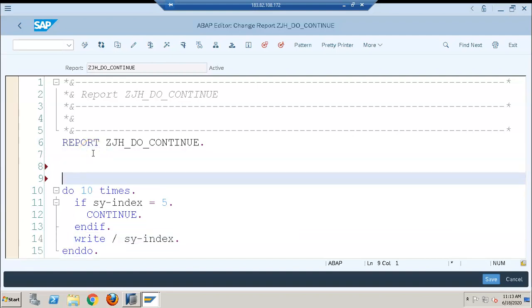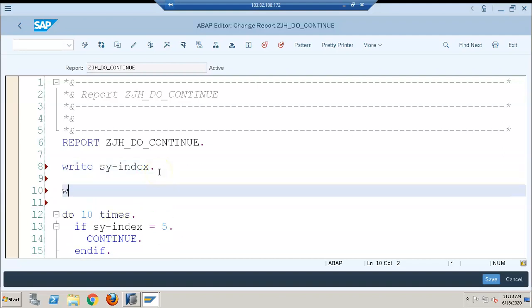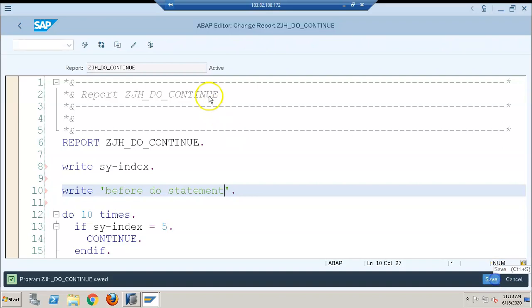Outside the loop, if I go for the sy index here, then it will be 0. Here it will be 0, before the do statement.